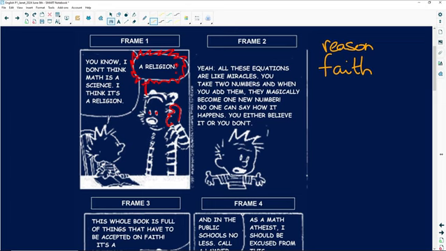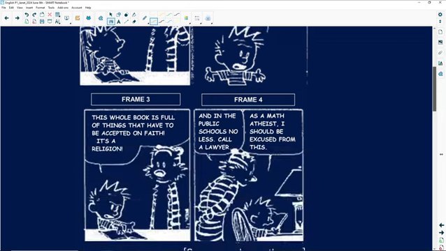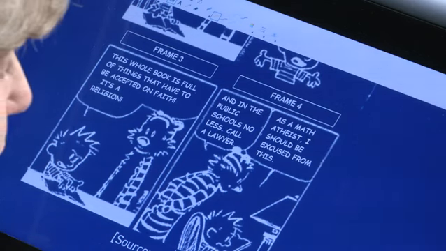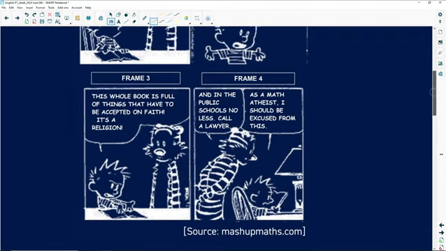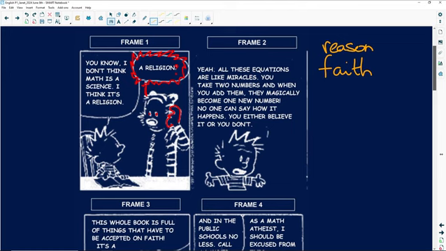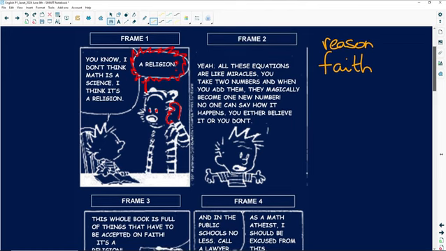Then in frame 3, he's still talking about maths, and he's still saying that they have to be accepted on faith and it's a religion. So what's the difference? If you're saying to yourself, well, hang on, he's saying the same thing, but look at the "I don't think, I think." So this sounds as if he's still exploring his ideas. He's not yet